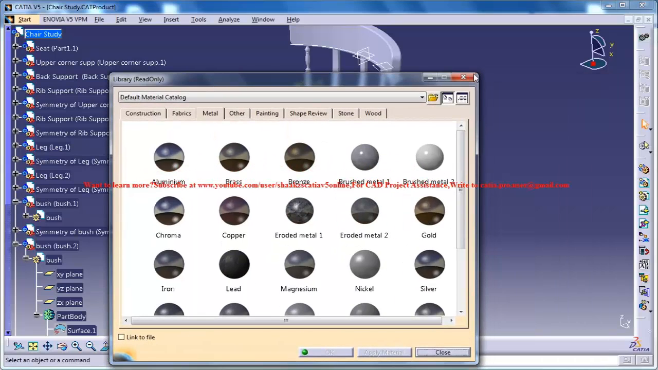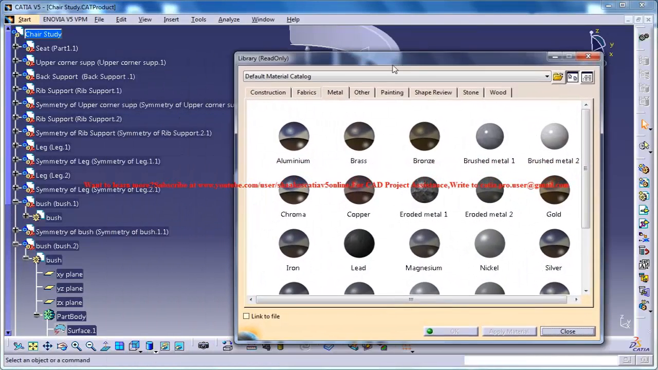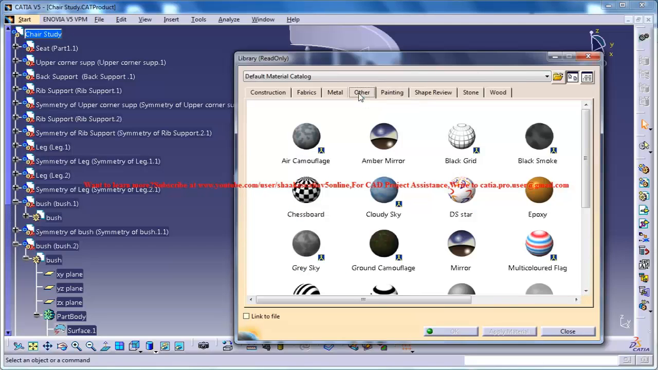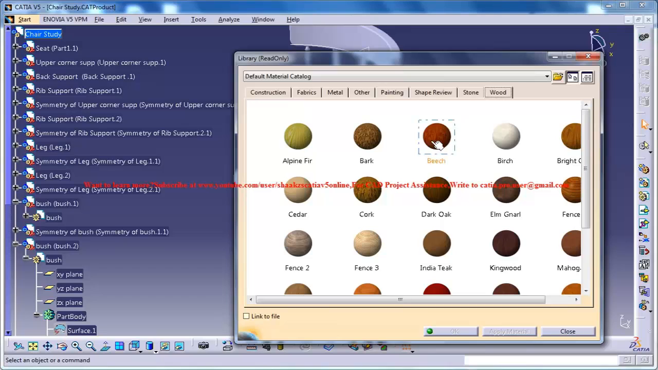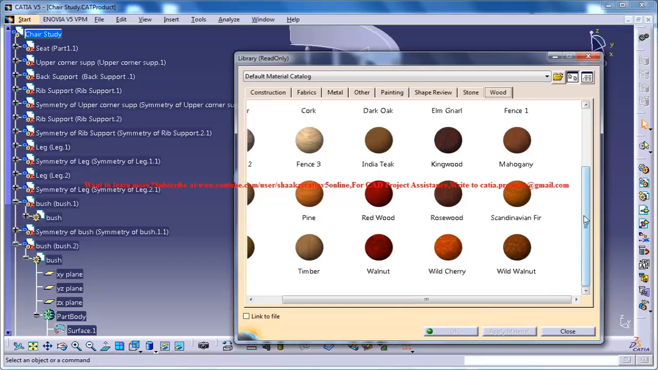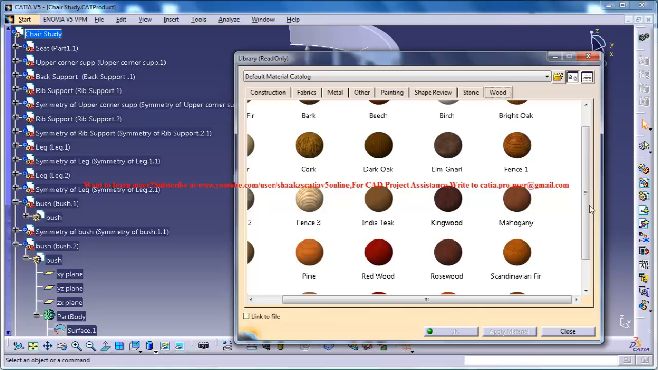Before that, another thing, make sure that you are in the okay, let me tell about that after doing this one. So here, go for wood, and select any wood you want to apply on the chair. I'll just go for the Scandinavian fir, apply it on the different parts as a seat,